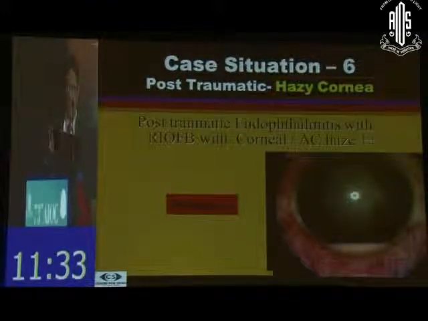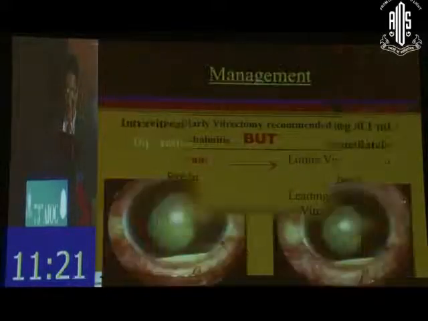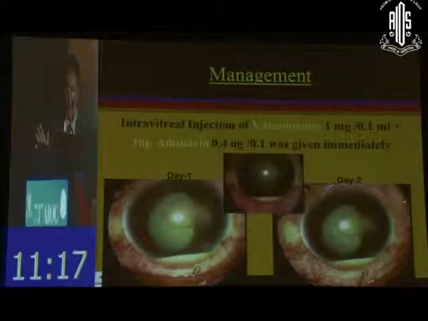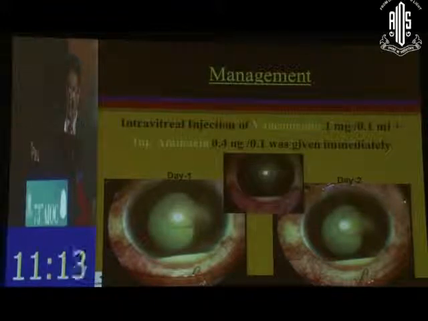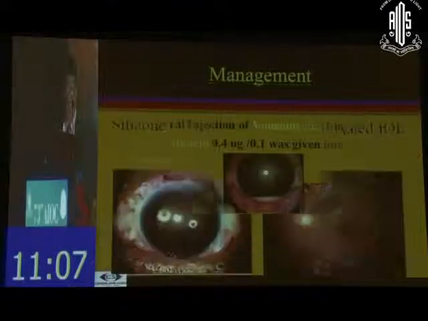If the cornea is hazy, don't be in a rush to do a vitrectomy, because then you will do a messy job and you will not be able to do a total vitrectomy. So in this scenario, what I normally do is give an intravitreal injection first, wait for the cornea to clear and put him on topical treatment. If I take up this patient for vitreous surgery immediately, a complete vitrectomy generally is not possible and I do a poor job. Unless the patient is worsening, only then should you take up surgery.